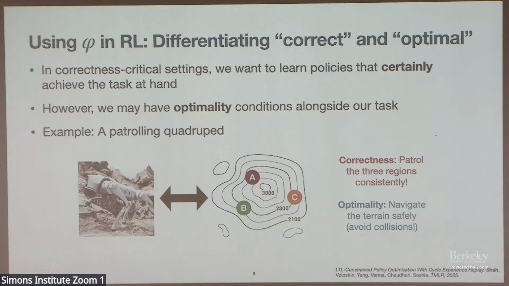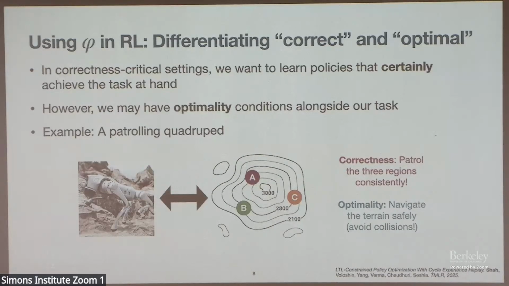So a case where this becomes useful is when we have to disambiguate between correctness of a task and optimality of a task. And I think Sismit asked this great question for the boat racing example, where you have this terminal condition you want to reach, and you have these sub-goals along the way that you want to optimize. But these are different things. And in that boat racing case, it would actually be useful to separate the two and say, you have to finish the race at all costs. Upon your path towards finishing the race, you should try and collect as many of these green bonus items as possible.